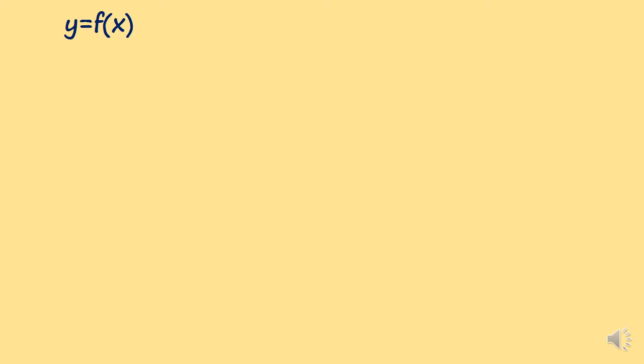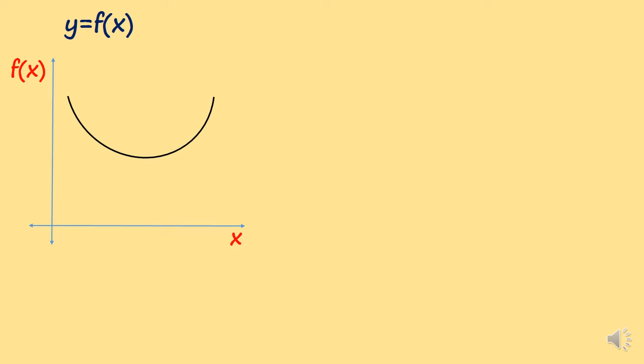Consider this function again, y = f(x), say a different function. Now this time when we draw the graph of the function, suppose it comes out this way, and again we consider the curve between the open interval (a, b). And suppose the function takes the minimum value at x = c. As you can see, the curve is at the lowest level at x = c and the corresponding y coordinate is f(c), such that the coordinates of this point are (c, f(c)).